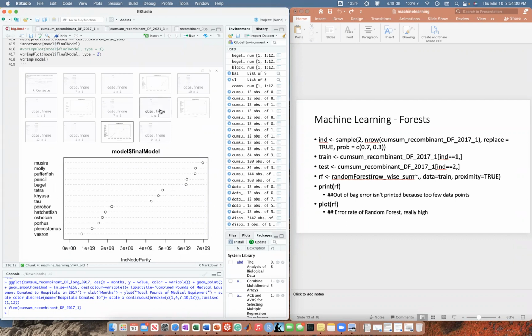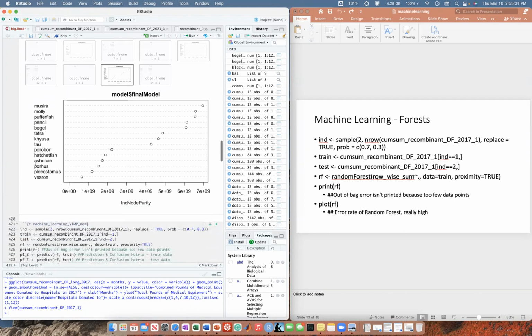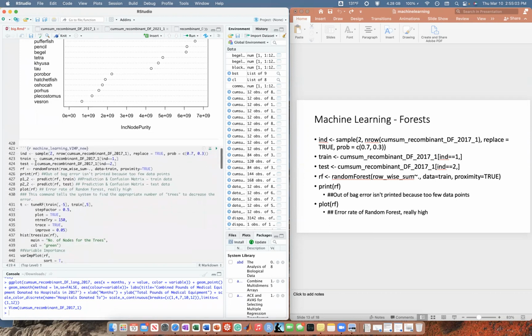So the interpretation of this: when I look at this variable importance plot, if I change the axes to be more valuable, colors and title, what this says is Hospital Nocera is the most important hospital to MedWish's overall donation. What it's saying is that if MedWish were to go forward, they should focus their resources on other hospitals like Vestron because they may need more, and maybe decrease the amount to Nocera, or maybe focus on Nocera because they seem to be really needing more stuff. Interpretations vary. That's truly a human part of it.